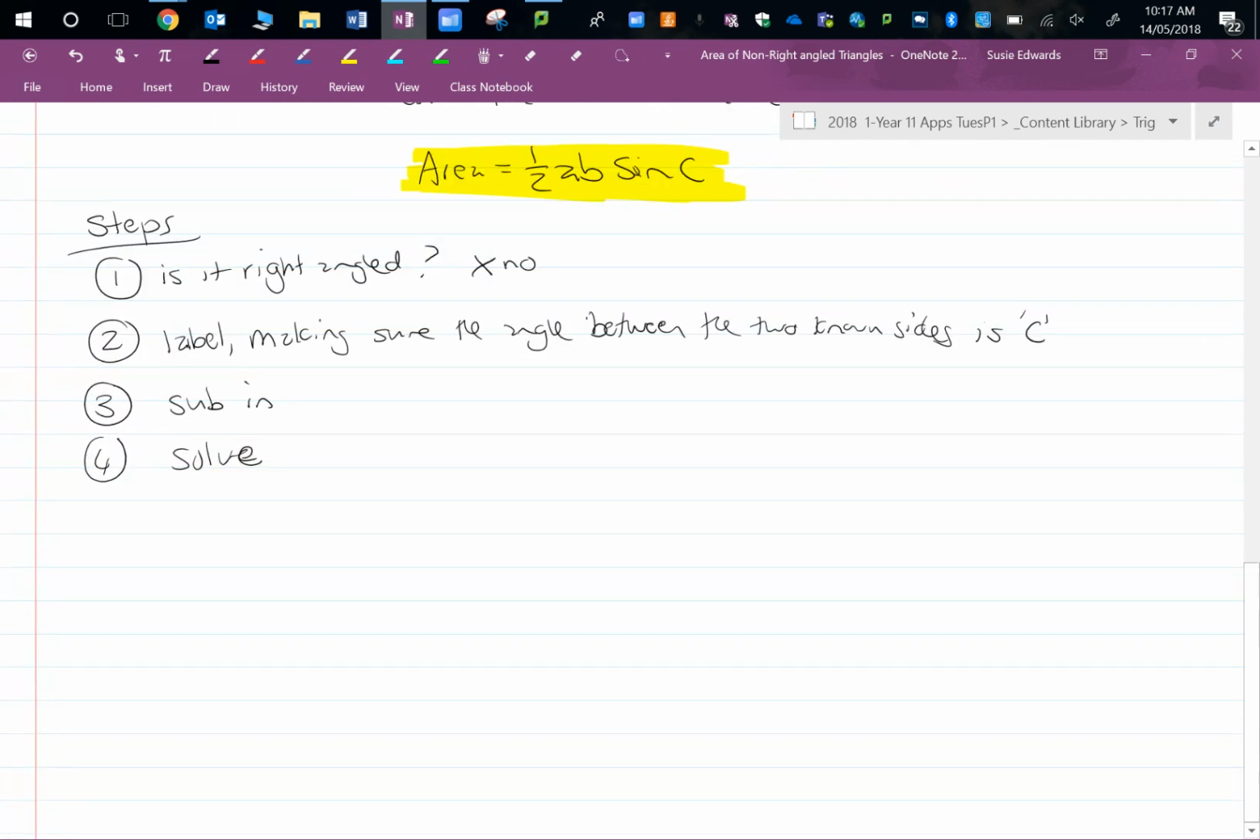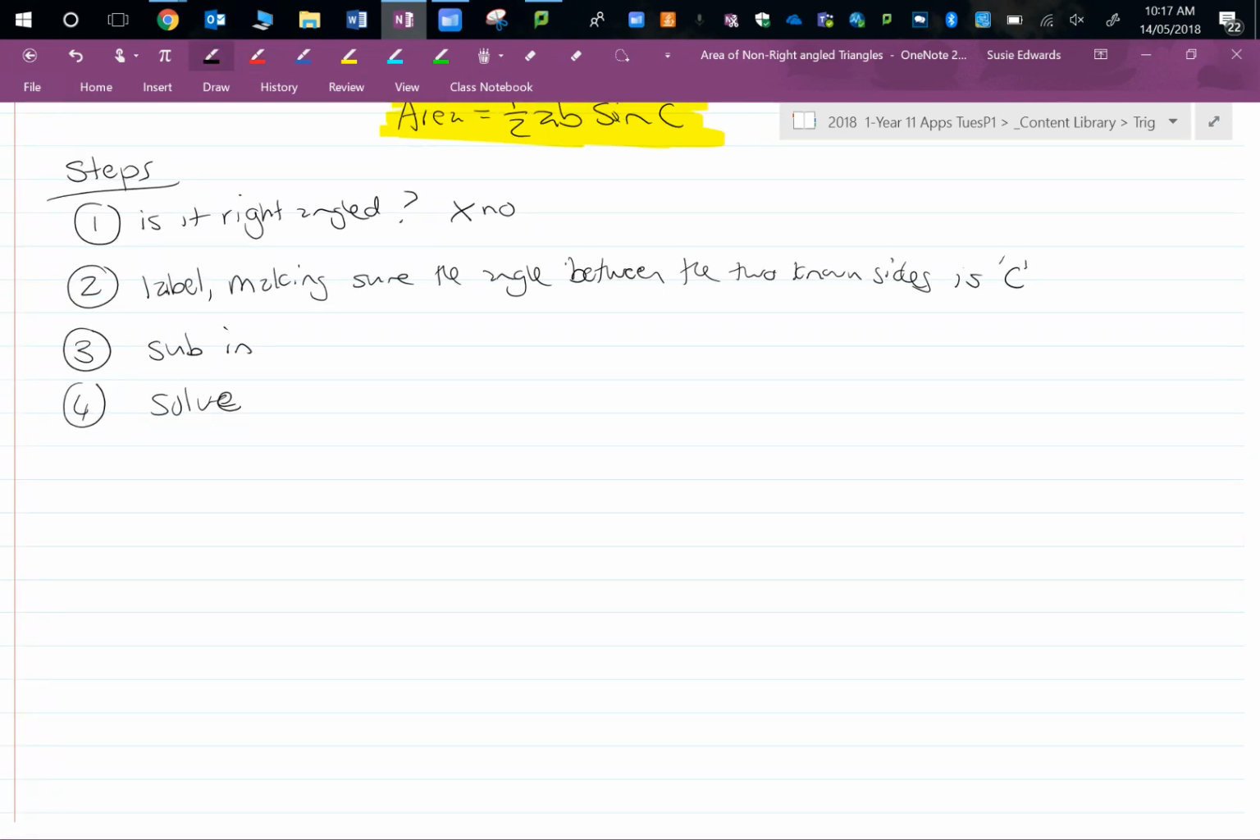Now, I don't want you to write this, but I just want to show you why this works, okay? If we look at a triangle, actually we'll do one first. You do need to write this down. If I have this triangle,